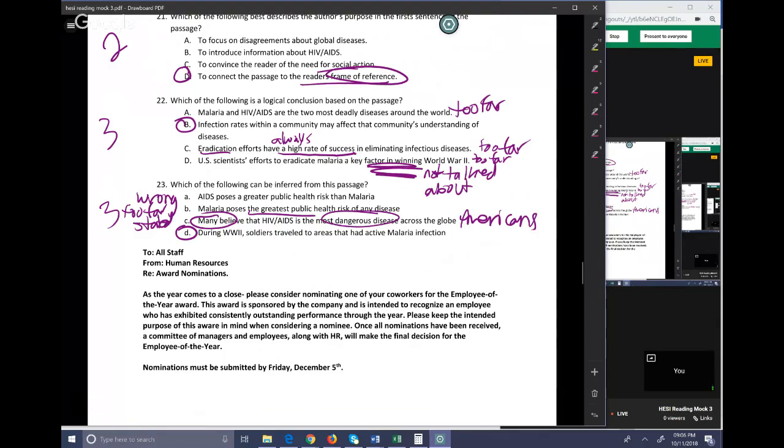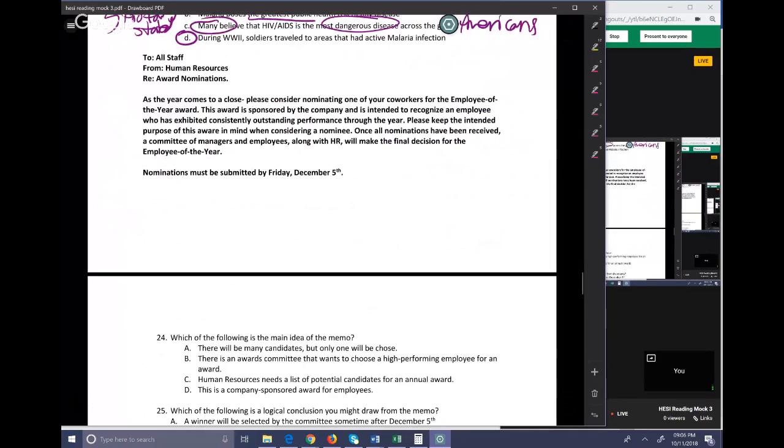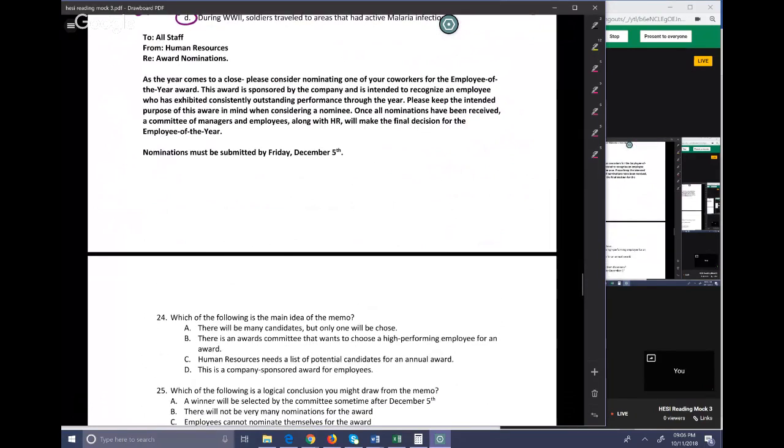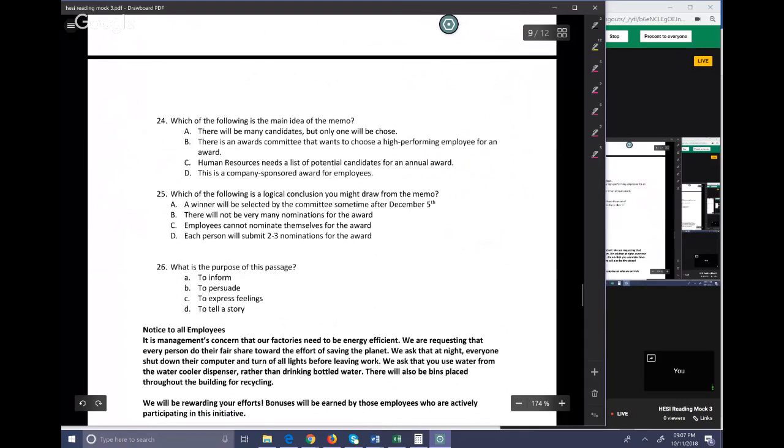The next one is a memo. You should definitely expect to see a couple of memos in your passage. Again, you can't really do critical strategy exactly on a memo. So as a reiteration of what I want you to do in situations where there's not necessarily a critical strategy: read the whole thing. Always read everything, because they've got to and from and what it's regarding, and then they've got this thing at the end. Then before you go to look at the questions, just think, what was the main focus?